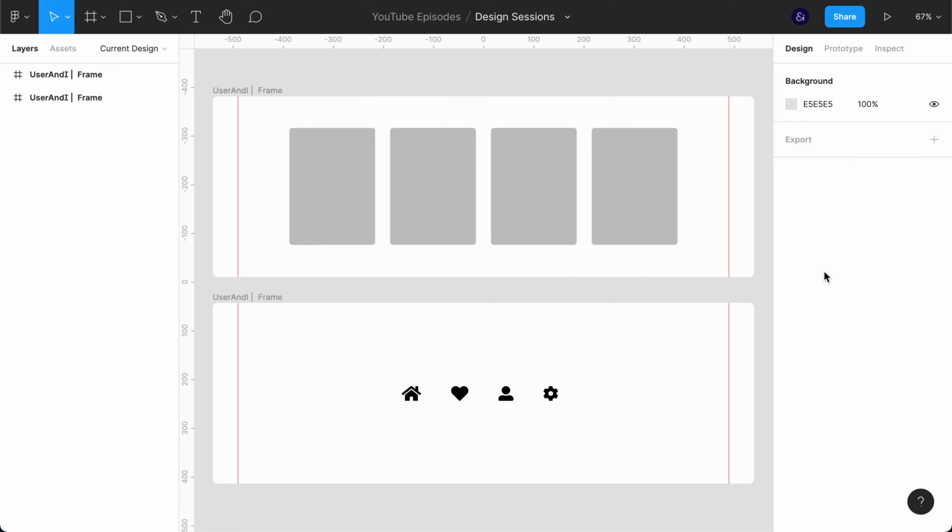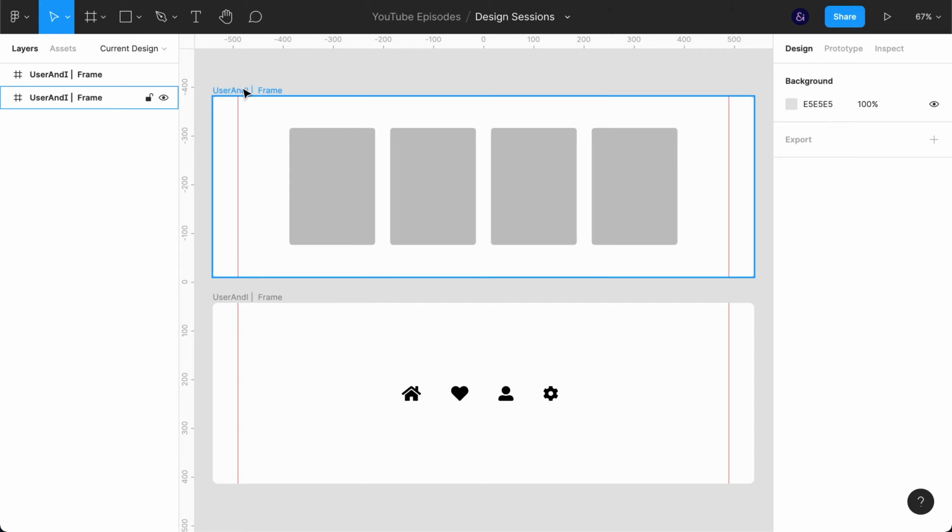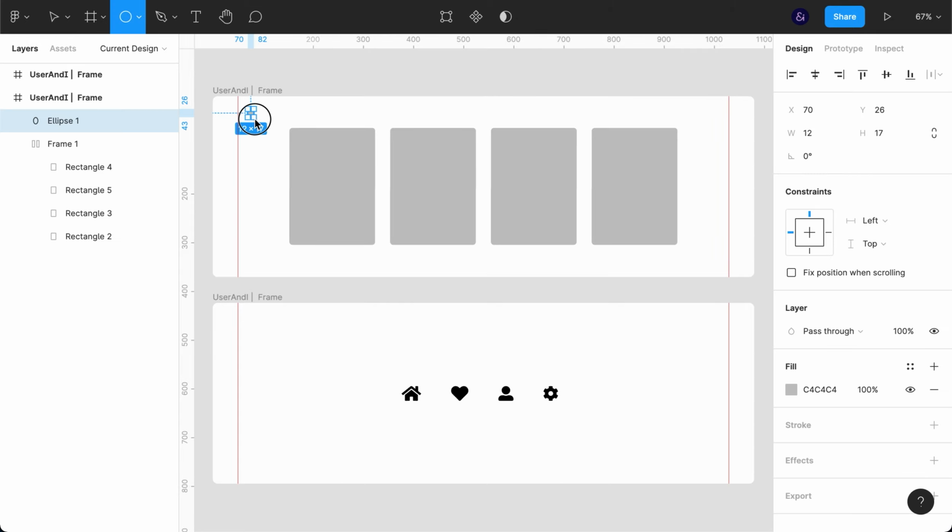Today I'm here to share a quick tip in Figma: how to place elements over an auto layout group without it being part of the auto layout group. So taking our first frame as an example, if we draw a little circle here and